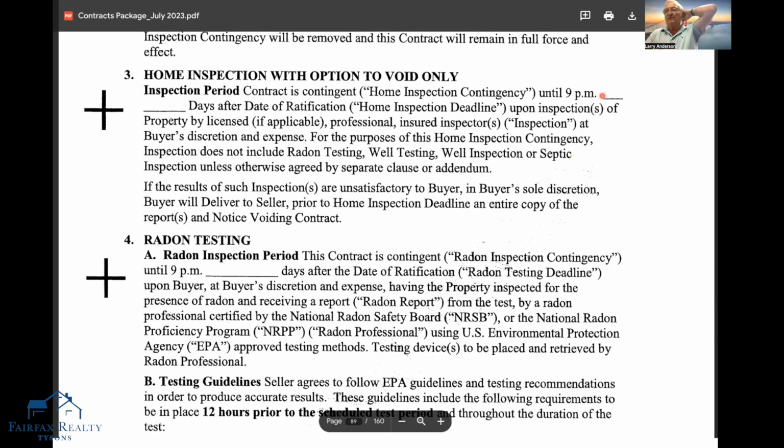After date of ratification, upon inspections of the property by that licensed professional insured inspector, we've already discussed that. For the purposes of this, does not include any radon, etc. But if the results are unsatisfactory to buyer in buyer's sole discretion, buyer will deliver to seller prior to home inspection deadline that entire copy of the report and the notice voiding the contract. Don't mess it up. Okay. Now,